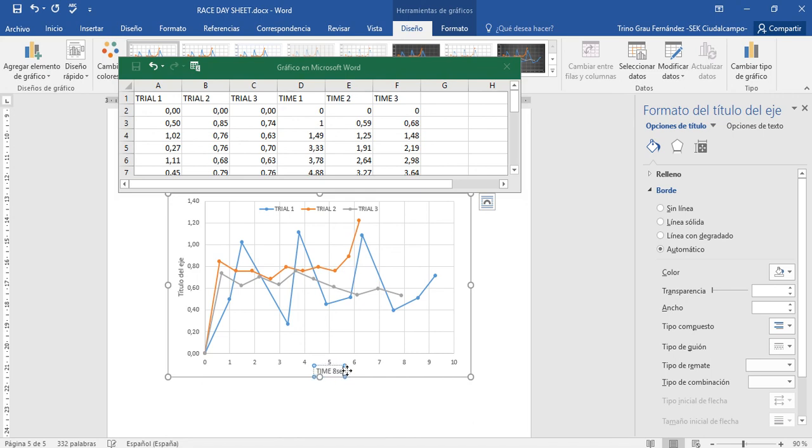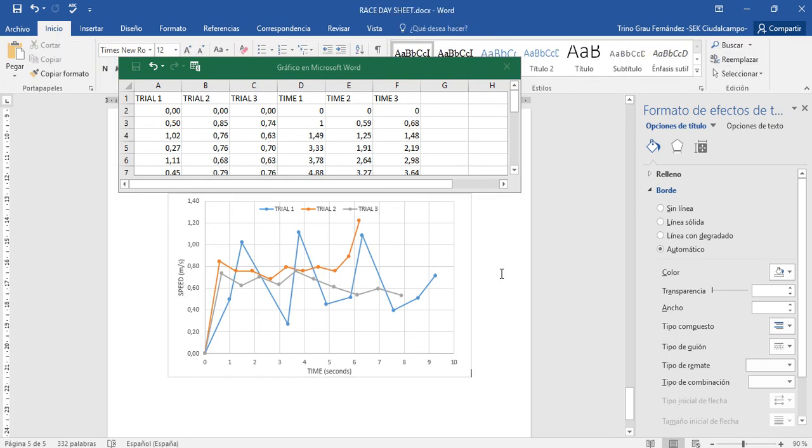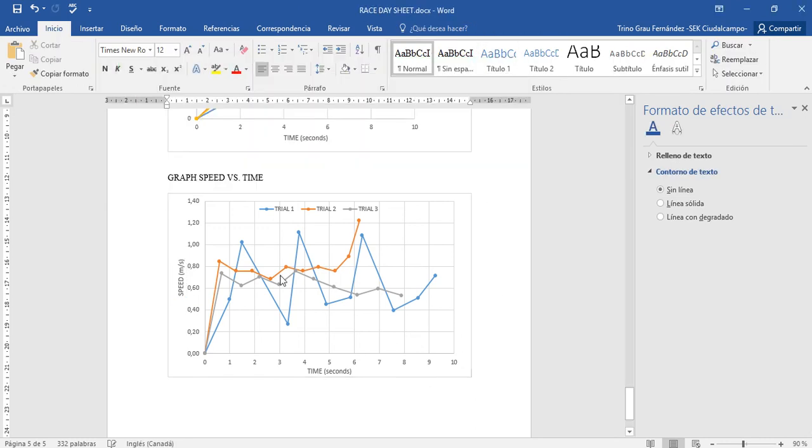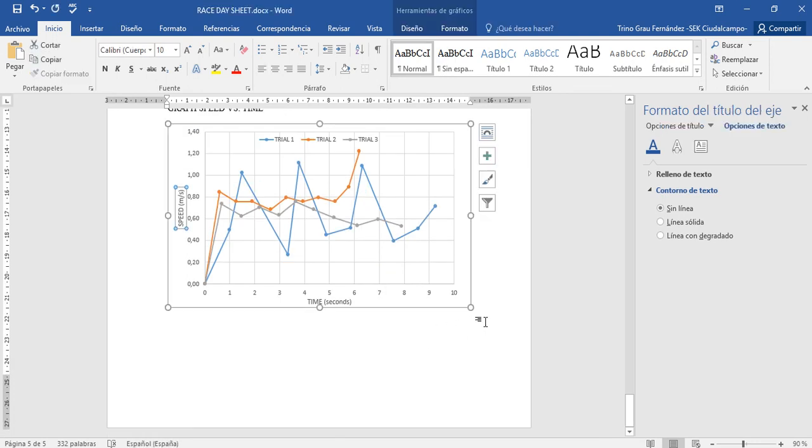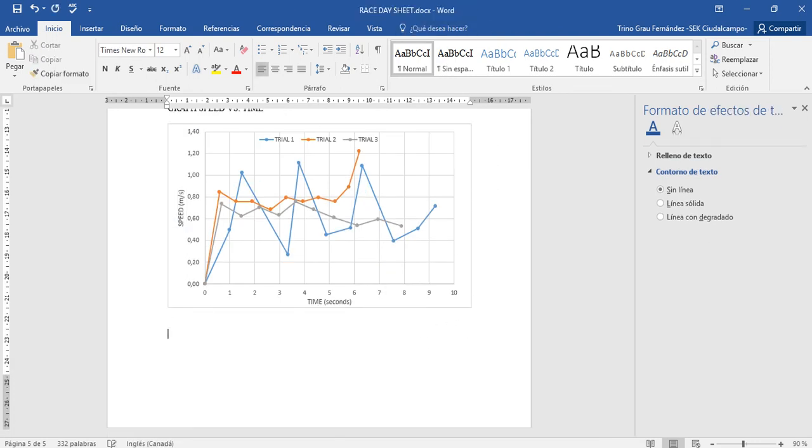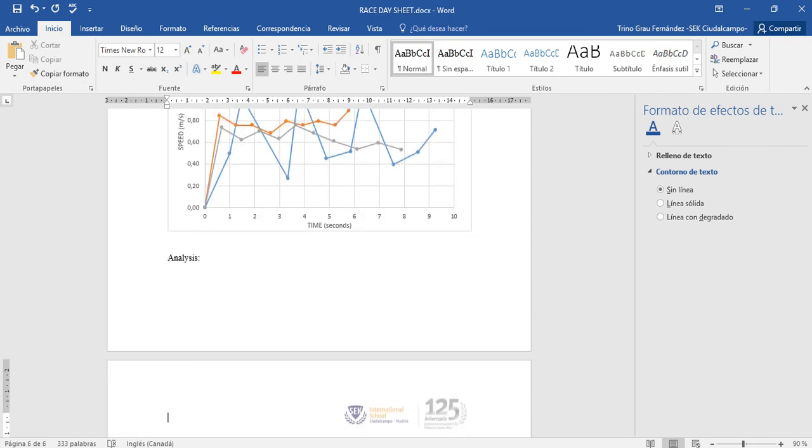Título del eje X will be time in seconds, and título del eje Y will be speed in meters per second. And you have your graph speed versus time. And finally, you will need to do the analysis. Okay, the analysis. And finally, I'm going to do the graph